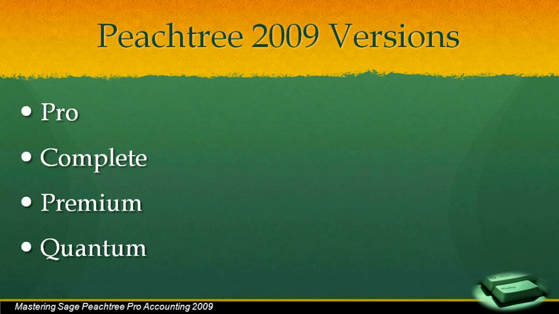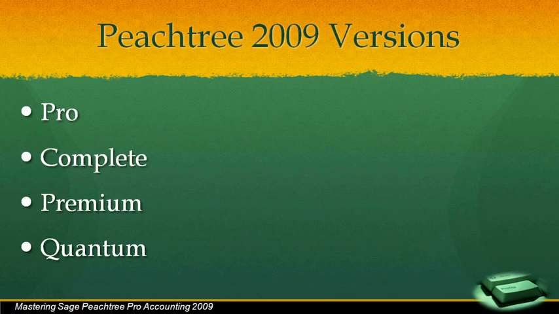Pro allows only one user at a time, while the other versions allow for multiple simultaneous users. Complete and Premium, in fact, allow up to 5, and Quantum allows up to a whopping 40, because Quantum is really designed for an enterprise where you have multiple locations, offices, and facilities. The important core functionality of accounts payable, bill payment, purchase orders, writing of checks, accounts receivable, quotes, invoices, and reporting,